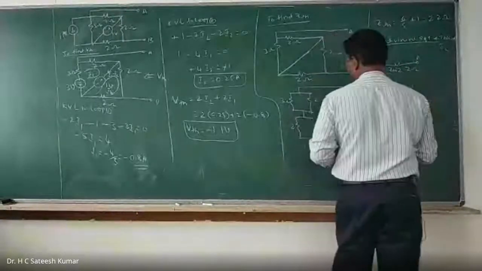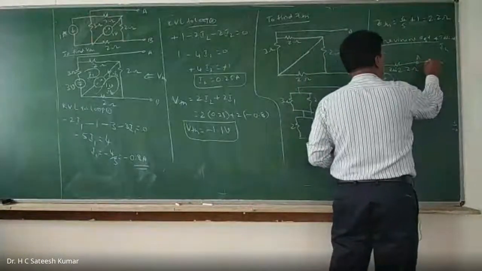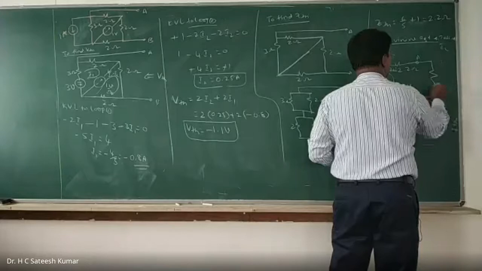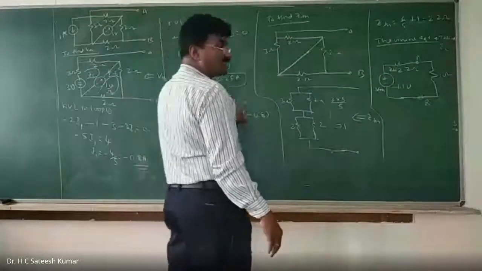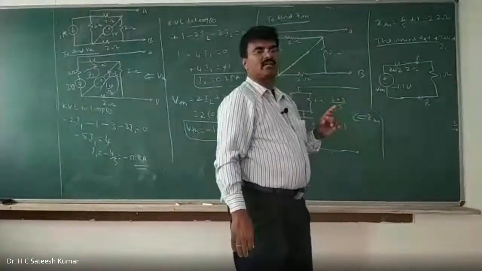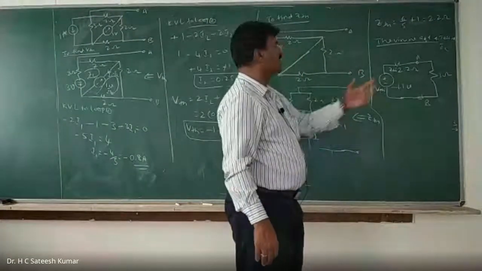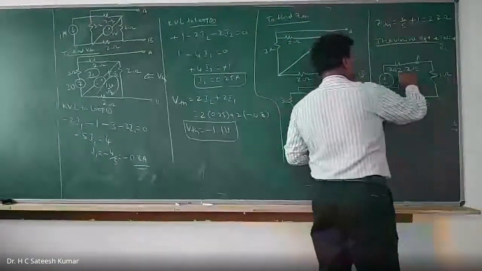Now, what is that he said? Find the current flowing through the load resistance RL, the value is 1 ohm, he said, but he has not given the circuit. But he said in the question that 1 ohm is connected across the load. So that means you connect it and find out the current. Now you find out this.